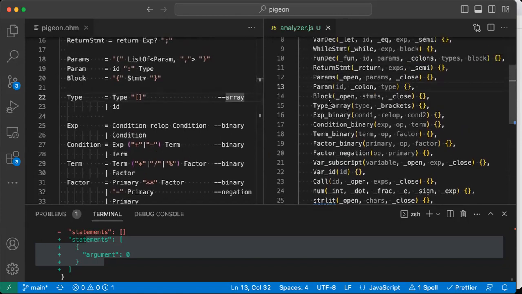I did go down for, say, when we're in term, for example, term binary. You can see that terms can have a binary form, then they have an unmarked form. When term goes directly to factor, we leave that out because if Ohm sees a term that's made up of a factor, it's going to pass it right through. But if it sees a term with a binary, we're going to take the binary portion of it. And you can see that each one of the